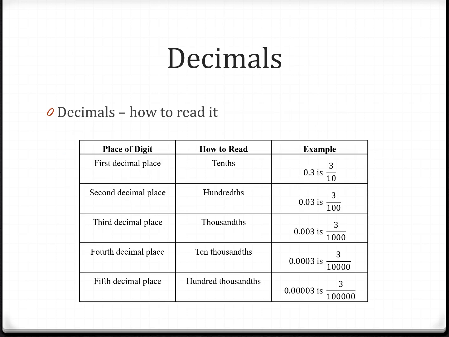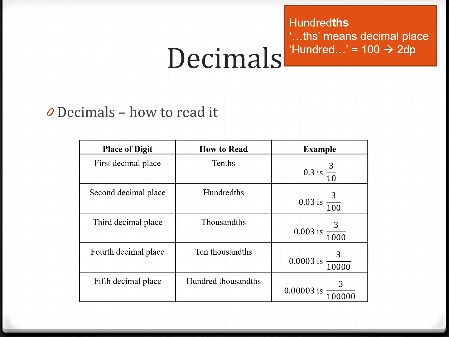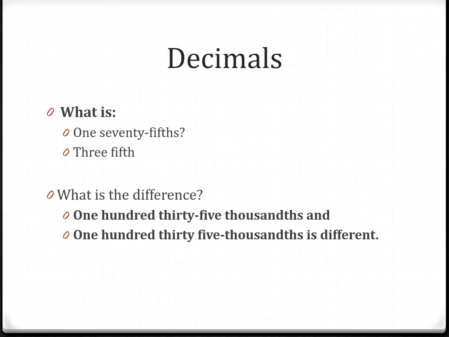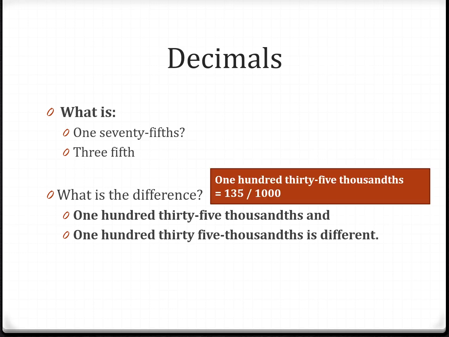Okay, first this is tens, hundreds. I did this in chapter 1 already, so you should be well versed with this. Hundreds has 2 zeros, so 2 decimal places. What is 1/75? And what is 3/5? 1/75 is 1 over 75. 3/5 is 3 over 5. So let's look at the difference between